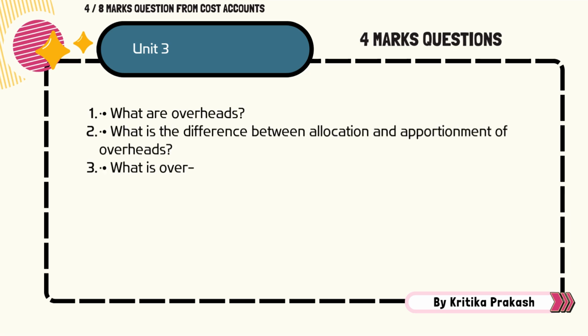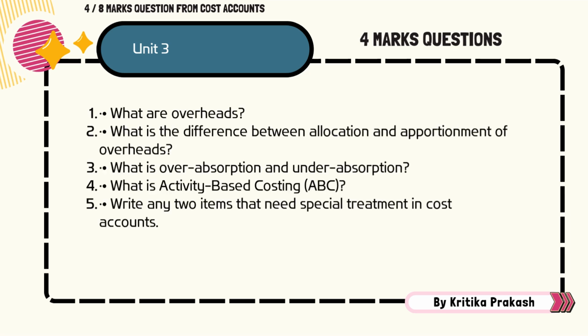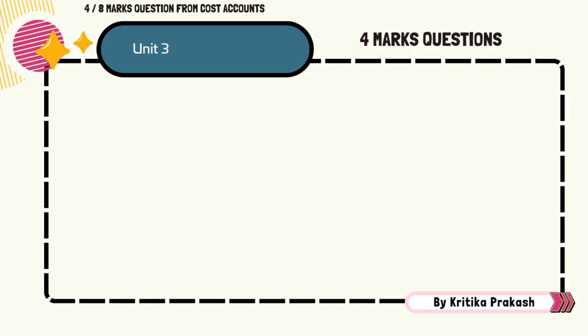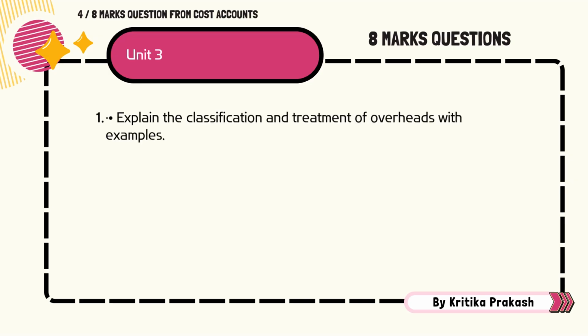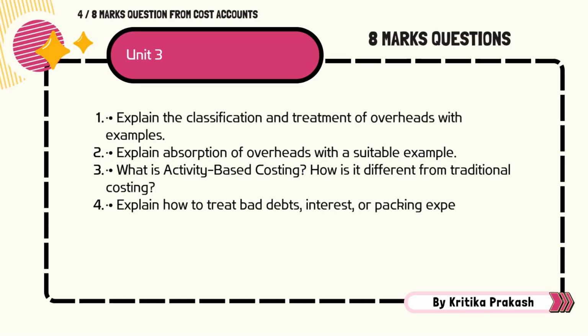What is the difference between allocation and apportionment of overheads? What is overabsorption and underabsorption? What is activity based costing? And write any two terms that need special treatment in cost accounts. Talking about the 8 marks questions, the questions are: explain the classification and treatment of overheads with examples, explain absorption